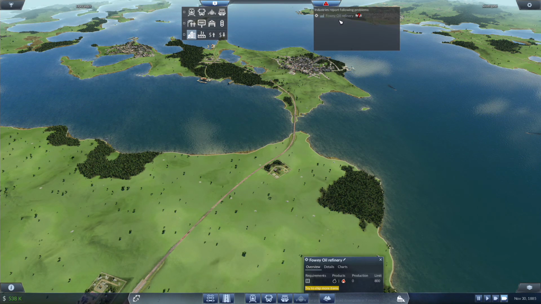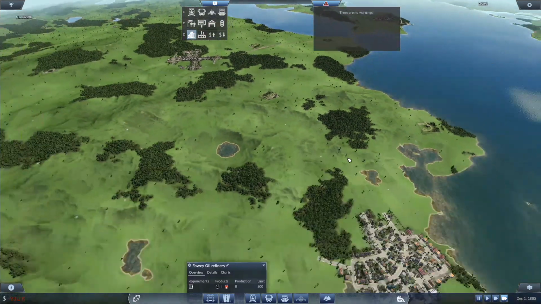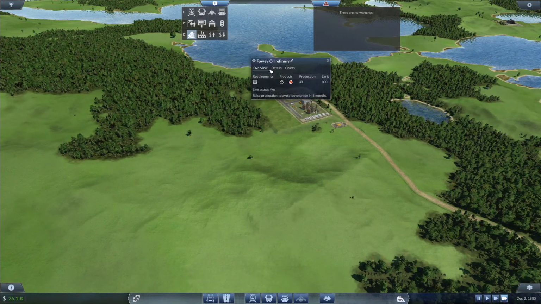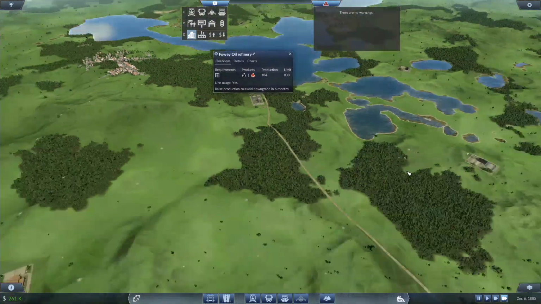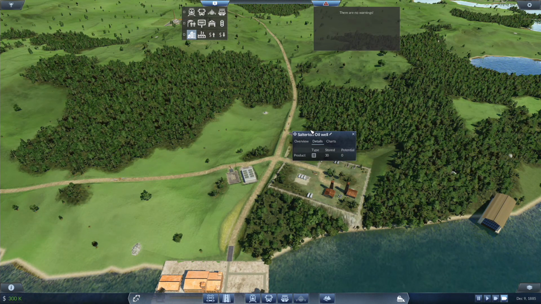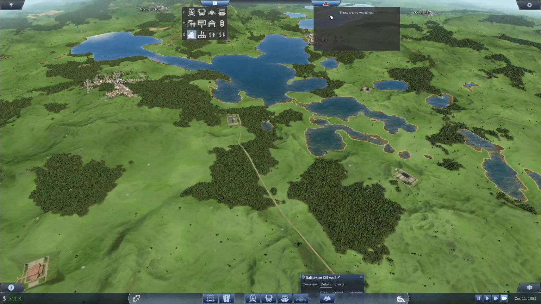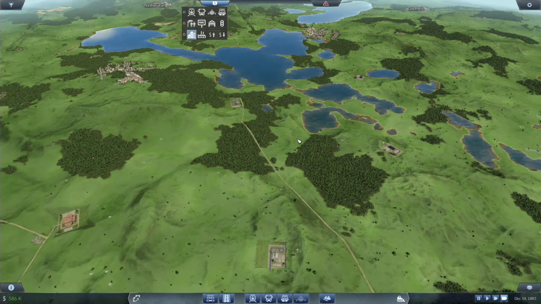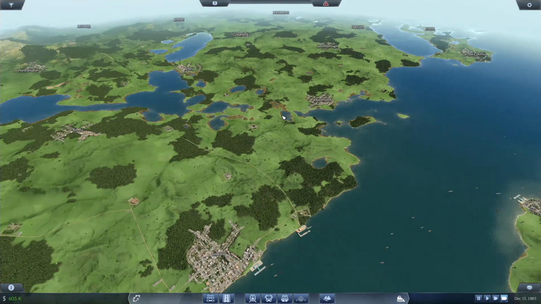The Fowey Oil Refinery has some issues. Of course it does. What's your issue? You don't got any demand for crude oil, really? You're storing up for some reason. Okay, you no longer have an issue. You have lots of crude oil. You have lots of demand for fuel. You better get producing, so...